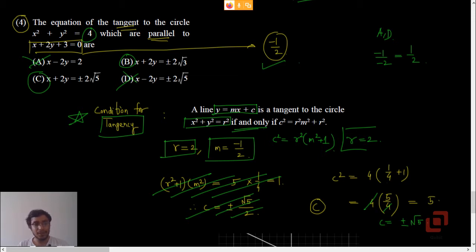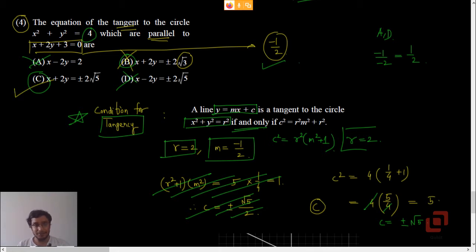Then the moment you see c as plus or minus root 5, you should realize that it is definitely not going to be option B. Why? Because option B contains root 3. Is there any chance that you will get root 3 from root 5? Well, at least not this time. So c is root 5 and everything else is a rational number. So if c is plus or minus root 5, it cannot be B, so it must be option C.